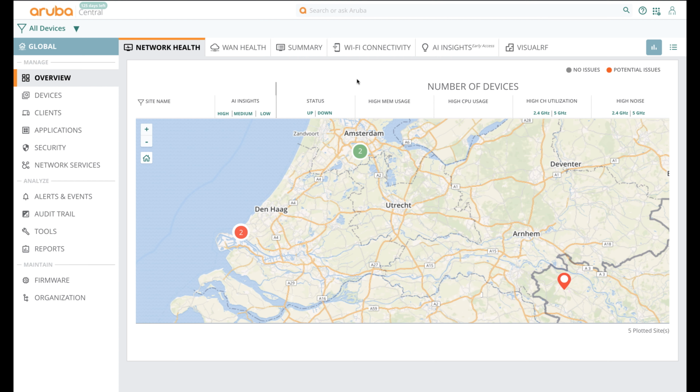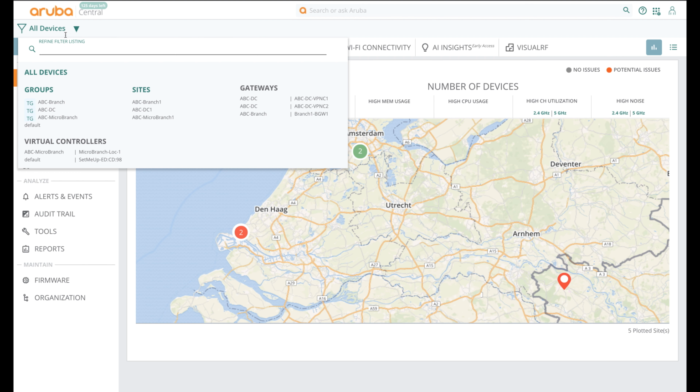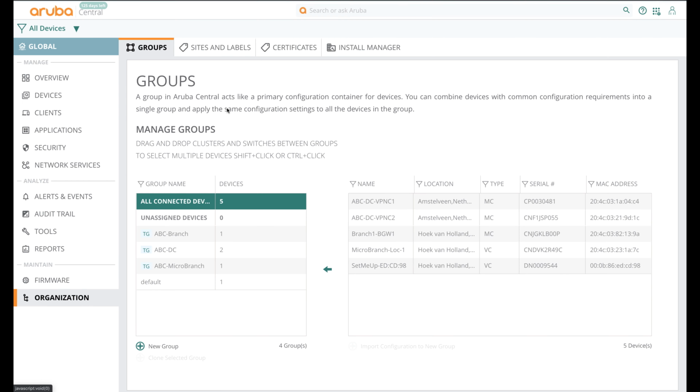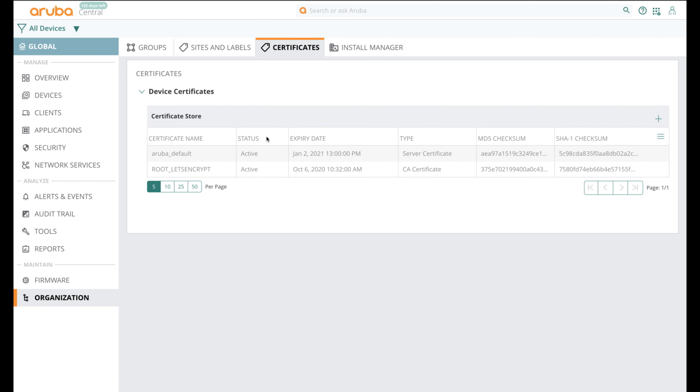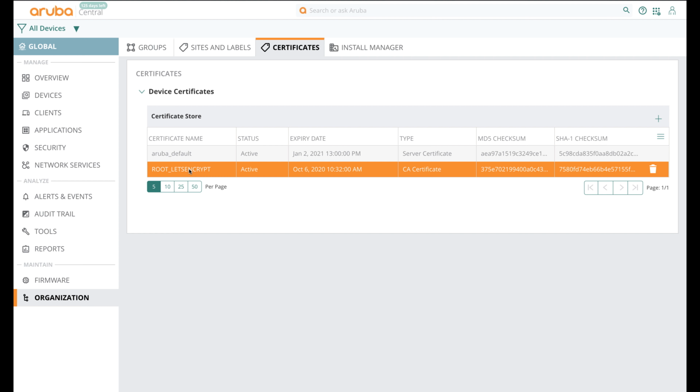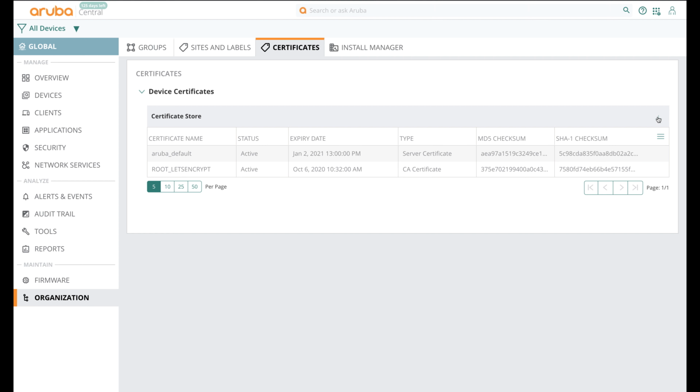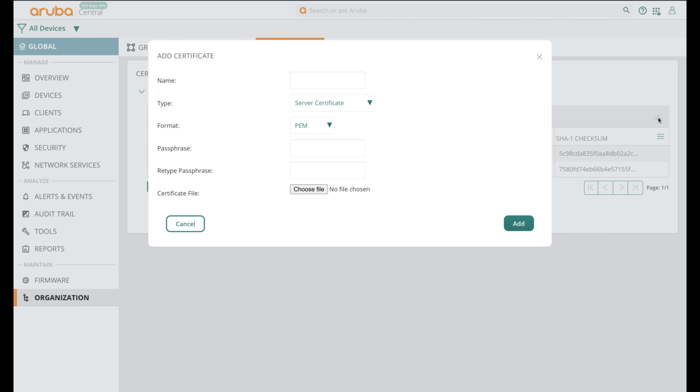It's now time to do the configuration on the VPN concentrators to allow VPN clients such as the VIA client to connect to the data center. And for that, we'll do some configuration on the ABC-DC group. But before we do that, I'm going to import the certificates that I'll be using on these VPN concentrators. So I'll head over to the certificates, and I've already imported the Let's Encrypt root CA, but I'll also import the via.sd-branch with the subject alternative names